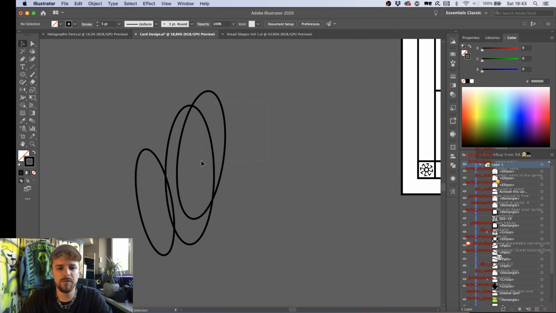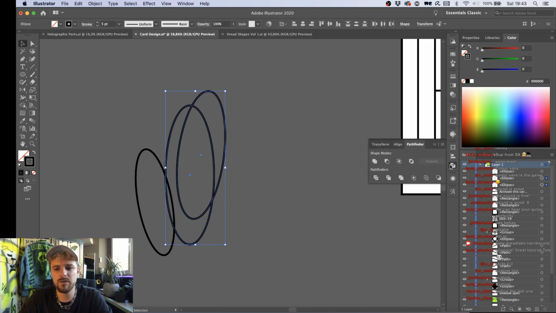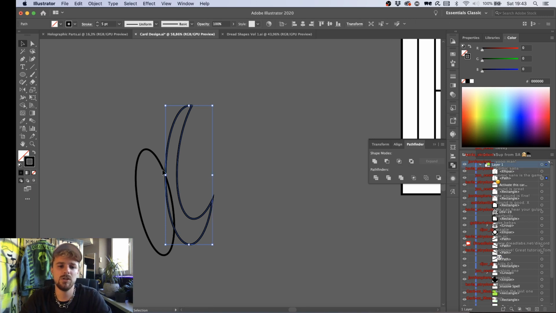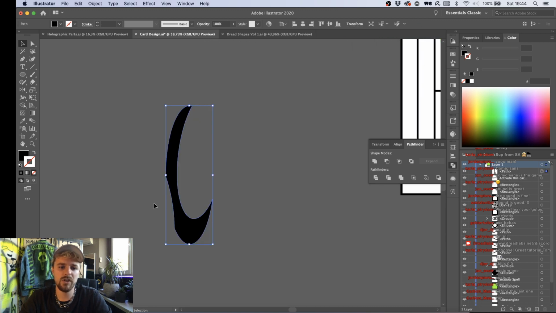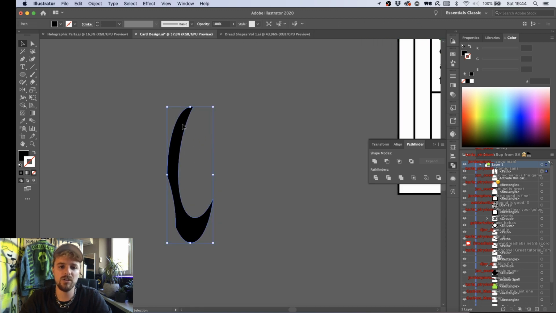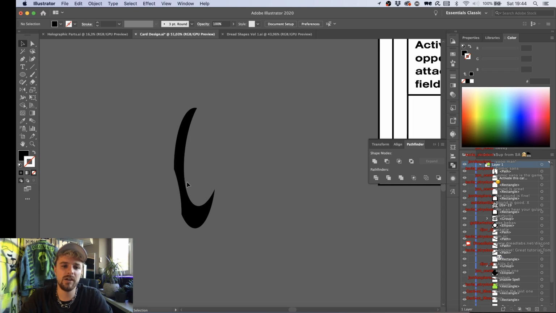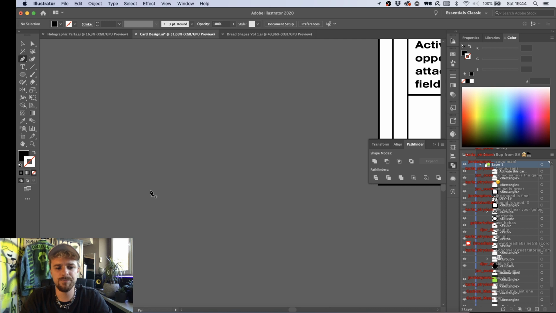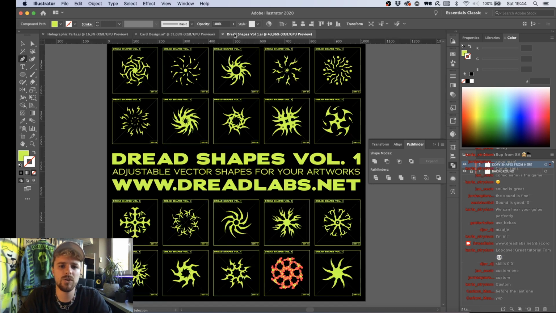But if I'm selecting these 2 first and go to my Pathfinder and basically punch out the top ellipse of this one, I'm gonna do the same with these 2. You can see that you already get a, well, it doesn't look good, but this is how you can make tribal shapes in Illustrator basically. Or you can just wing it with the pen tool, which I'm not a fan of, but I do it sometimes